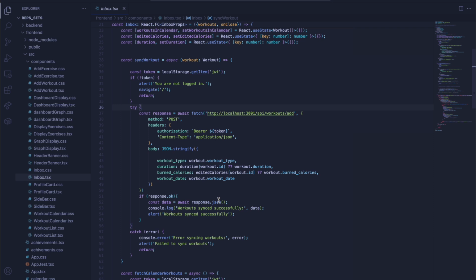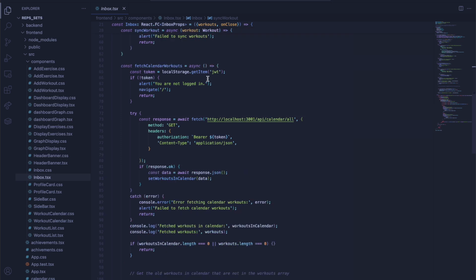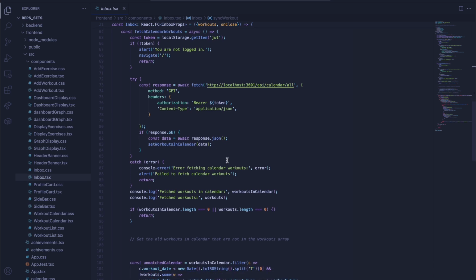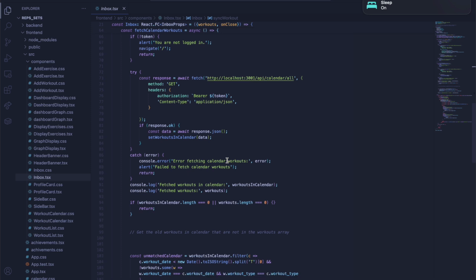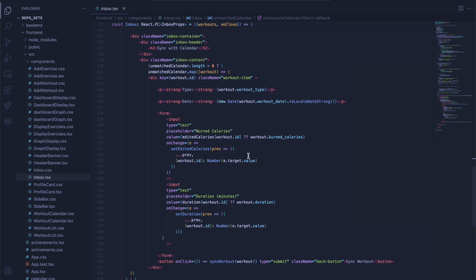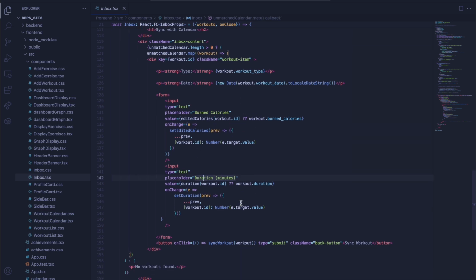So when I click this button, sync with calendar, it opens the modal and triggers a fetch to load all workouts from the calendar. And inside fetch calendar workouts, we can fetch from the API, and we can then compare the fetched workouts against the existing ones passed in via props to find the unmatched workouts. And those basically are the ones that exist in the calendar but not in the current workout stats. And this is actually done by comparing the workout date and the workout type fields. So each unmatched workout is displayed with its type and date, and below that the user can optionally edit the burnt calories or the duration, and then they can press sync to sync